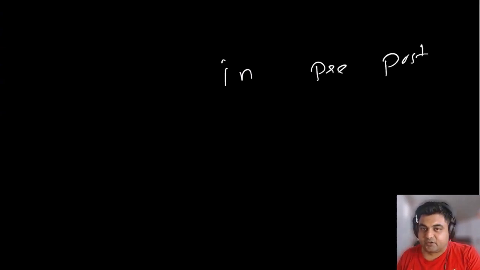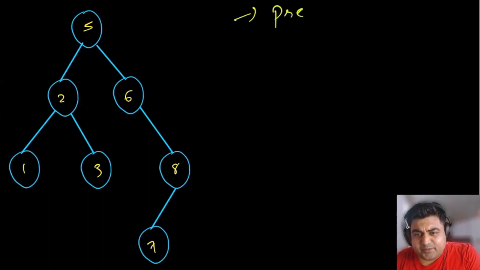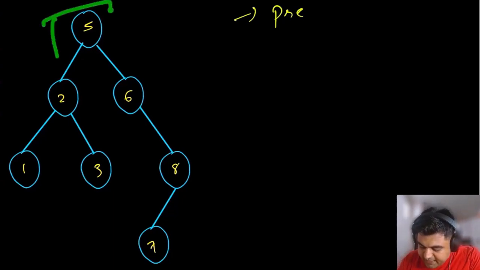So first let's see what in-order traversal, pre-order traversal, and post-order traversal look like for a tree. Again, for simplicity, I have already drawn an example, and let's see every single traversal one by one. First we are going to start with pre-order traversal. Now what does pre-order traversal mean? First understand that from any given place we have two possibilities. The first possibility is we go to the left side, or left subtree. The second possibility is we go to the right subtree.